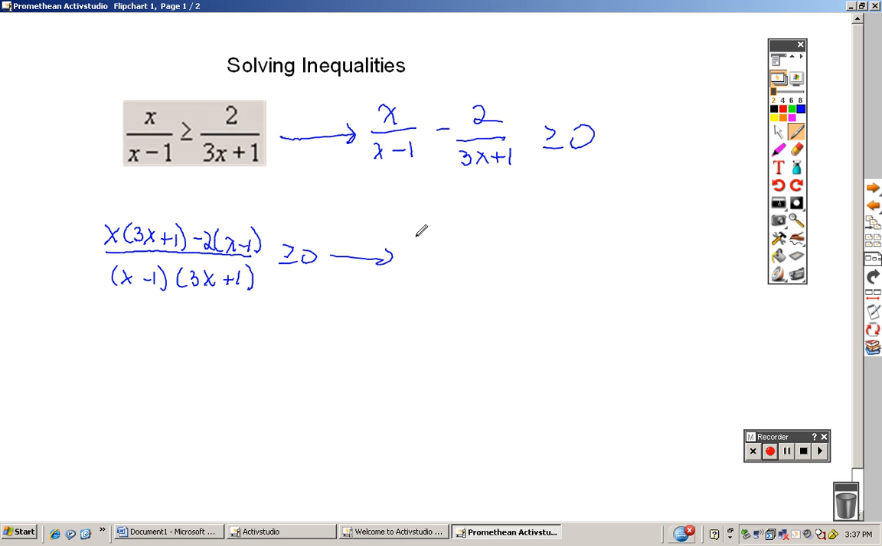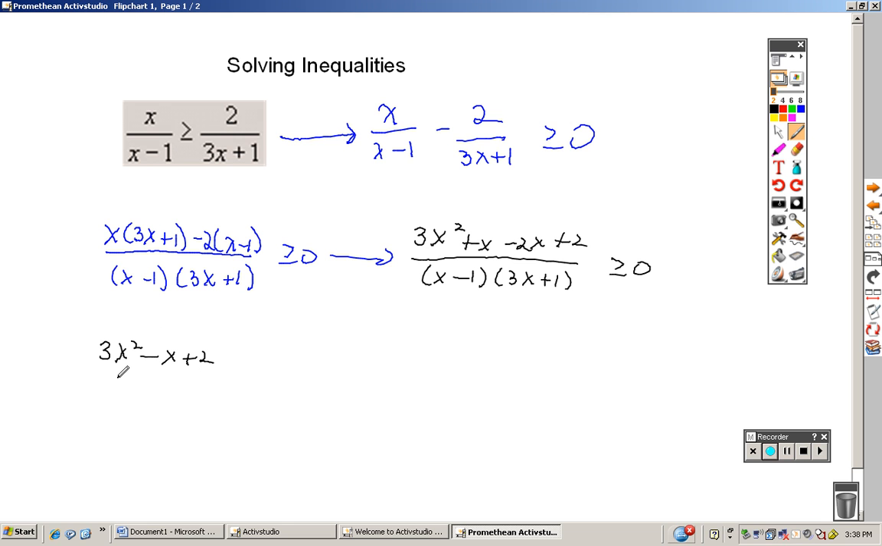And continuing our simplifying, we're going to distribute the x. So we have 3x squared plus x minus 2x plus 2 over x minus 1 times 3x plus 1. Simplifying further, we have 3x squared minus x plus 2 over x minus 1 times 3x plus 1 greater than or equal to 0. All right, now we've done simplifying, and our next job is to find what we call